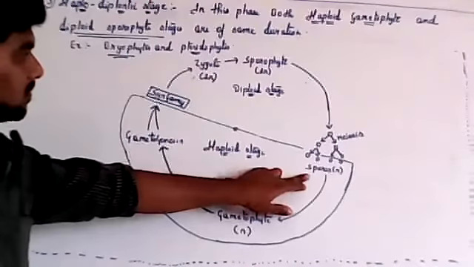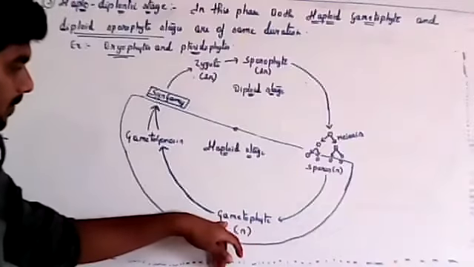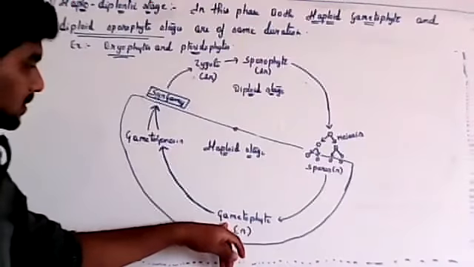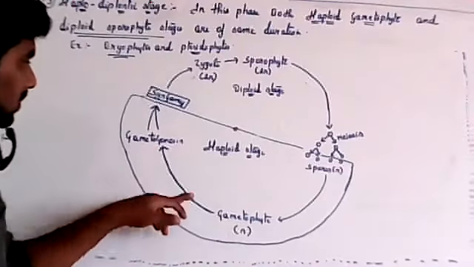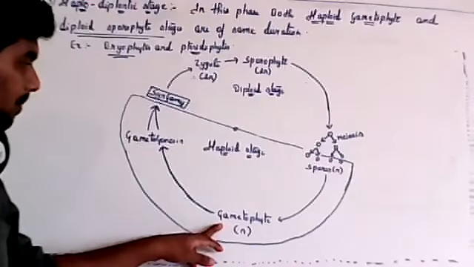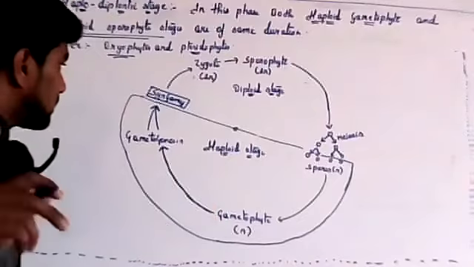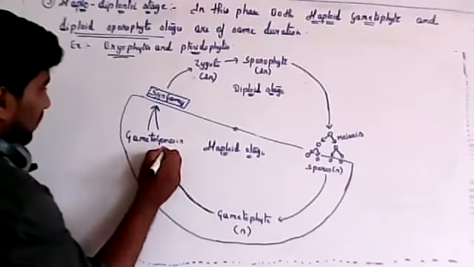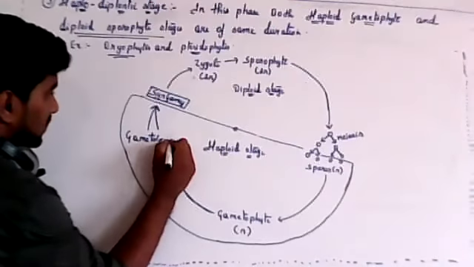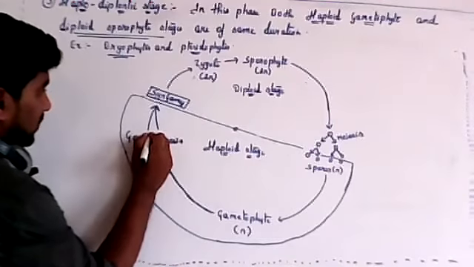So, germination of spore, formation of protonema. The protonema will develop into a small thallus-like structure, which is called the gametophyte. The gametophyte will develop both antheridia and archegonia, the sexual structures. Then these will undergo gametogenesis.